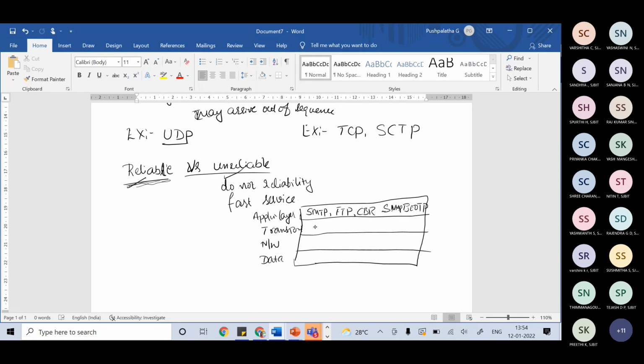Likewise, in the transport layer, the major protocols we have are SCTP, TCP, and UDP. These are the three protocols. In the network layer, we have IGMP, ICMP, and the Internet Protocol, IP, and for connectivity with the data link layer we have ARP and even RARP. I think you might have studied these things earlier. We are not going to talk about all of them. ARP will come in between the network layer and the data link layer.